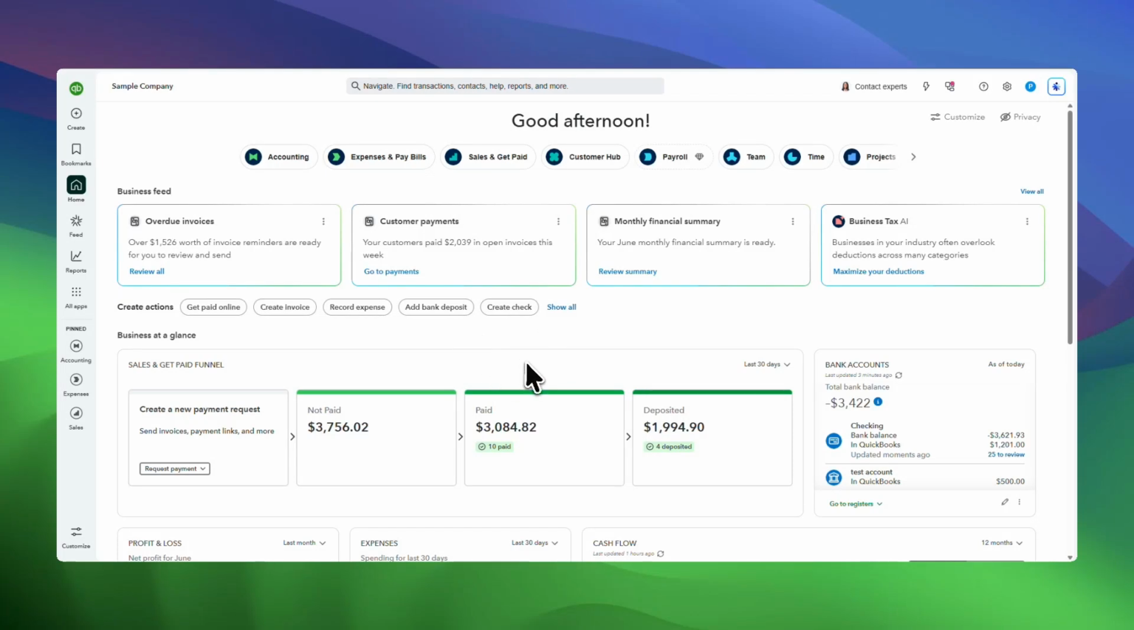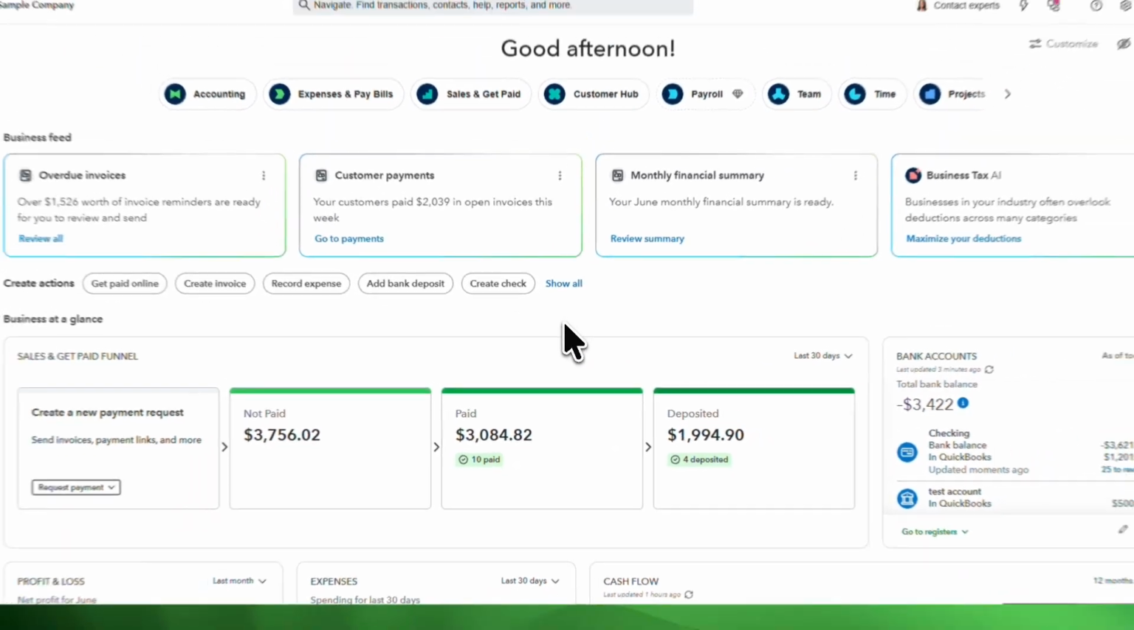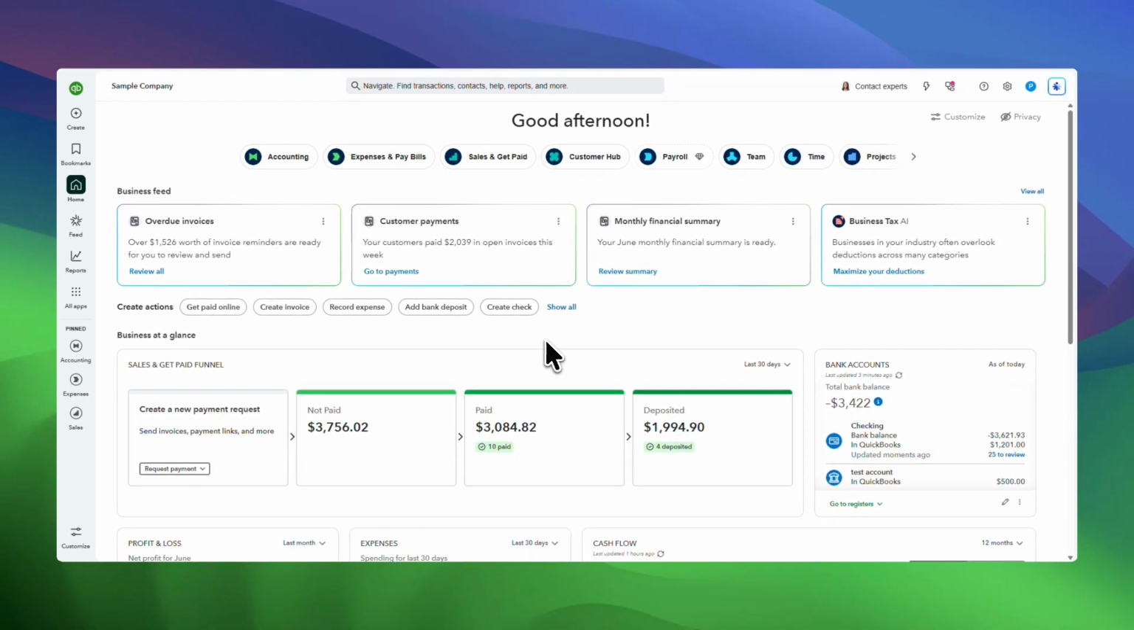In today's video, I'm going to teach you how to create a rule in QuickBooks Online. If you want to save time and make your bookkeeping more consistent, creating rules in QuickBooks Online is a great feature to learn. Rules help automate how certain transactions are categorized, which can reduce repetitive manual work and make your